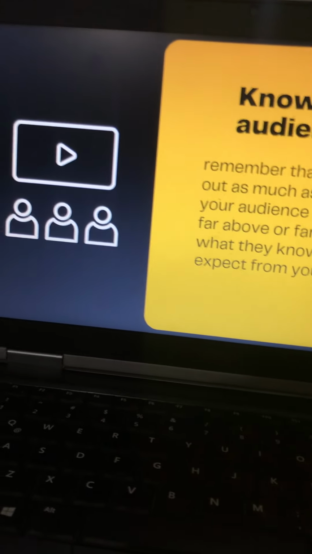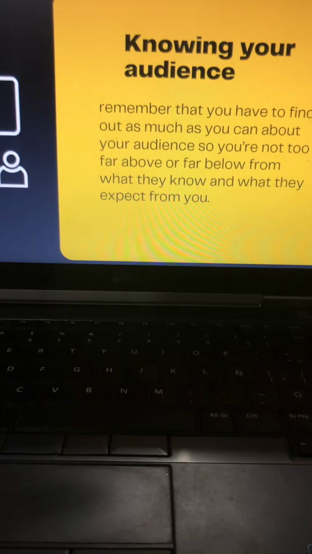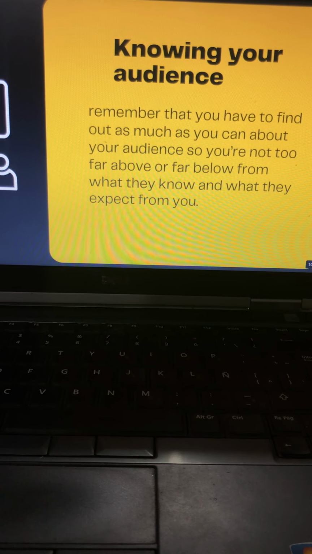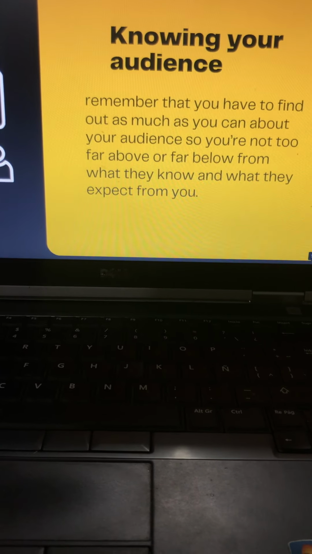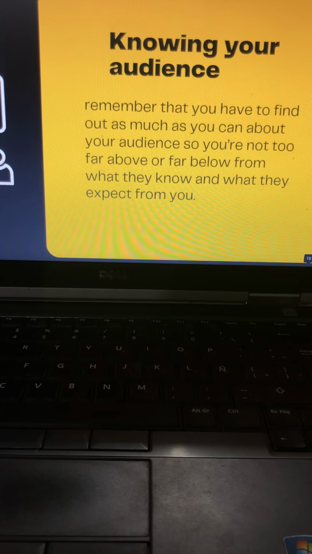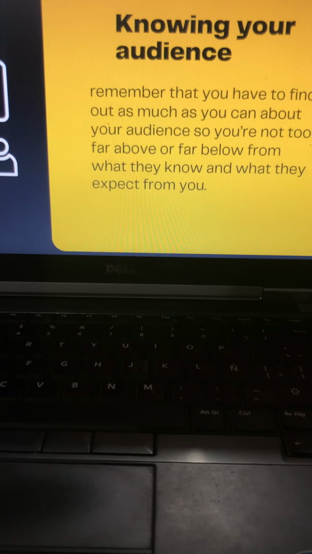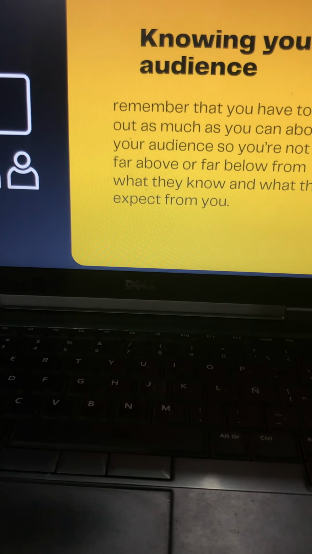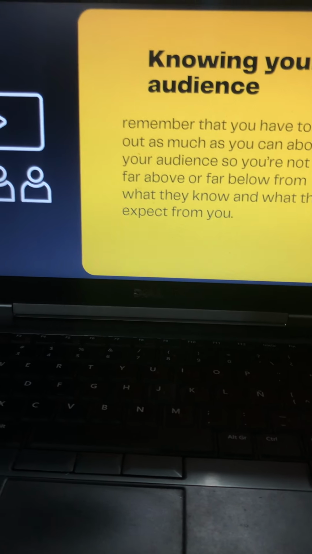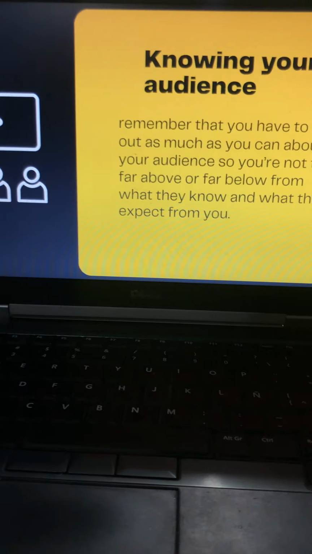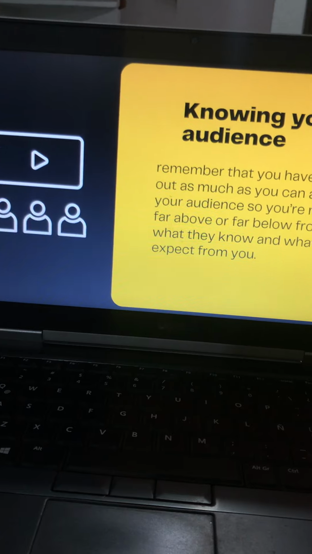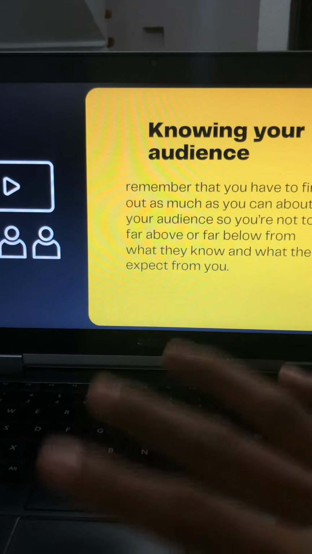So we have to know our audience. And remember that you have to find out as much as you can about your audience, so you're not too far above or far below from what they know and what they expect from you. So, for example, examples of transitions are, let's begin by checking the subject out. Or now that we know the basic principles of blah blah blah, we